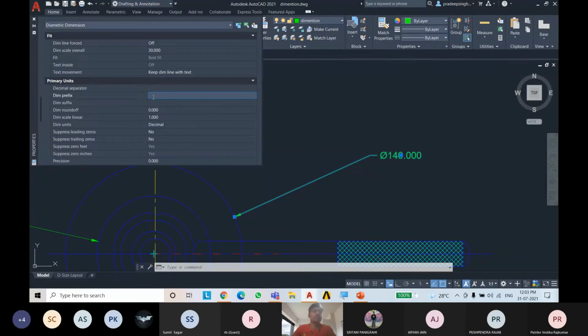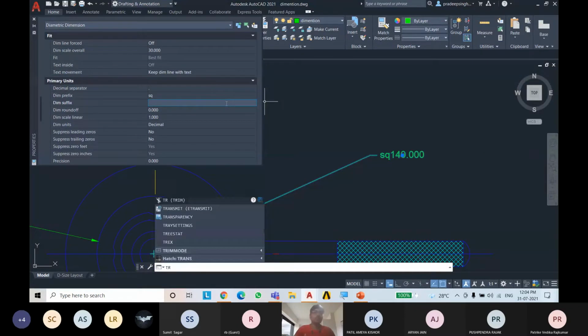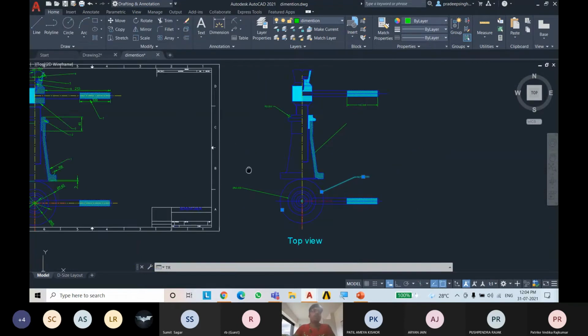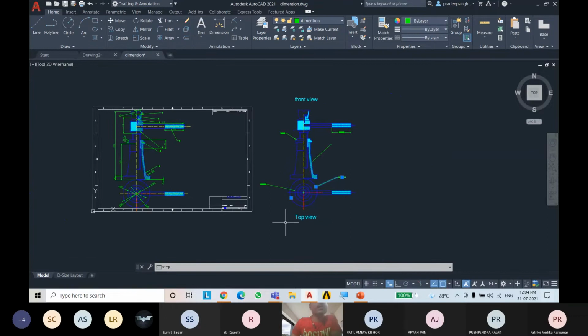Use this prefix. So we can also change or take anything from it, like if we type SQ here and go to another option, it will automatically be typed here. Or if you want something at the back, then we can also type here, like TR. Just select this TR and go. So now you have got some basic idea. You can also use it to put different dimensions.